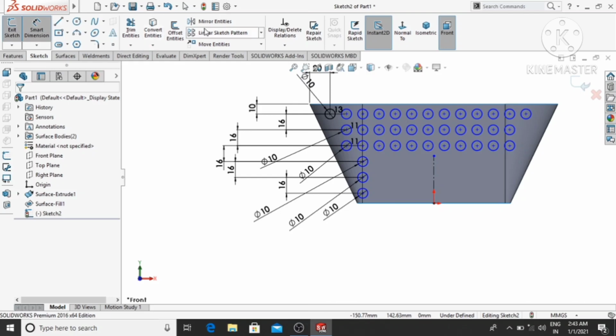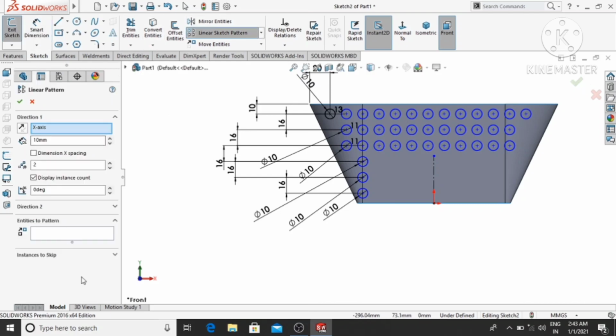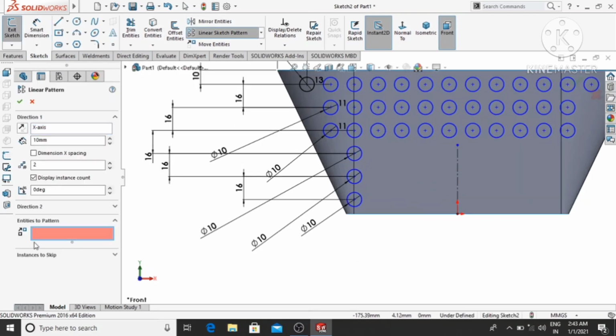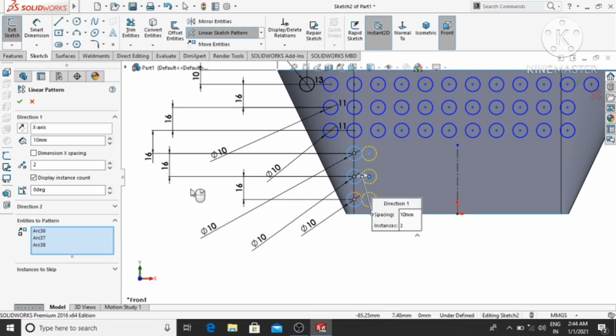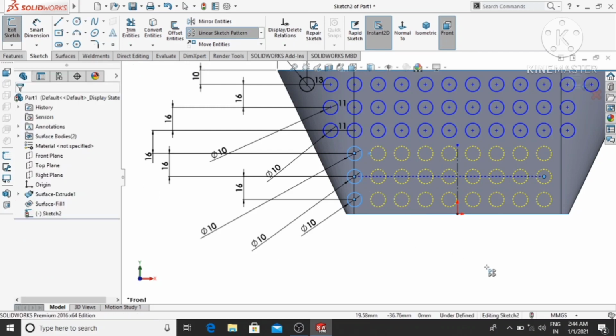Here select the linear pattern and it will ask for entities, so select all these circles. The gap will be 16 mm and make it up to here. The number of instances will be 9, then OK.